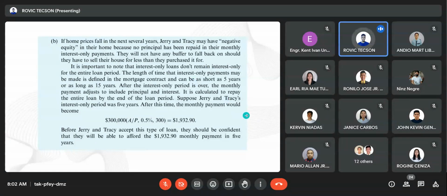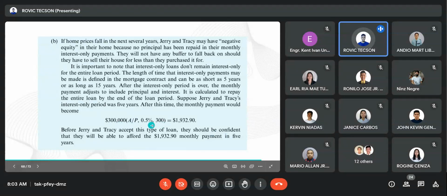should they have to sell their house for less than they purchased for. It is important to note that interest-only loans don't remain interest-only for the entire loan period. The length of time that interest-only payments may be made is defined in the mortgage contract and can be as short as 5 years or as long as 15 years. After the interest-only period is over, the monthly payment adjusts to include principal and interest. It is calculated to repay the entire loan by the end of the loan period. Suppose Jerry and Tracy's interest-only period was 5 years. After this time, the monthly payment would become